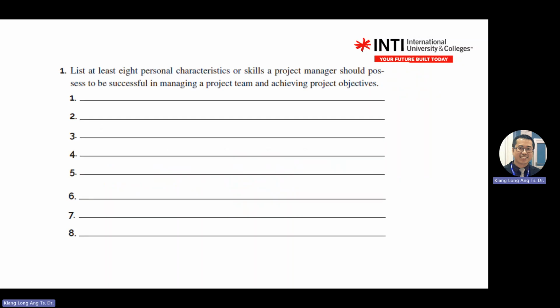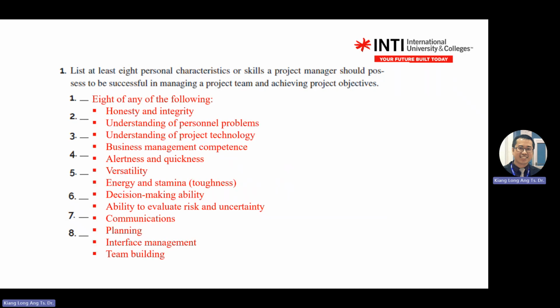Right. Now for the first question, it asks you about project manager. It asks you about personal characteristics. Basically, these eight, at least eight, you can read from the Canvas appendix information. Basically, it's all the leadership qualities, all the moral keywords. So any of these following: honesty, integrity,